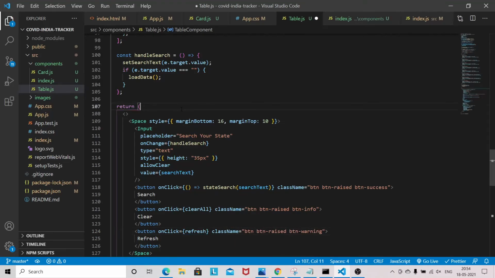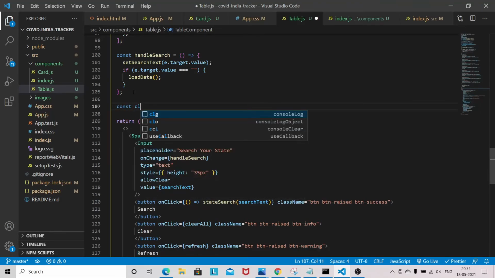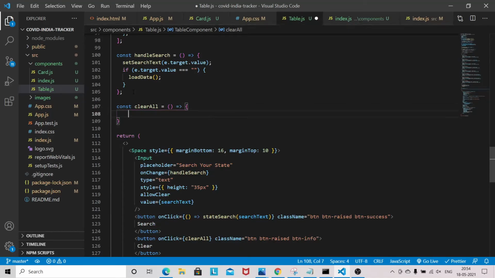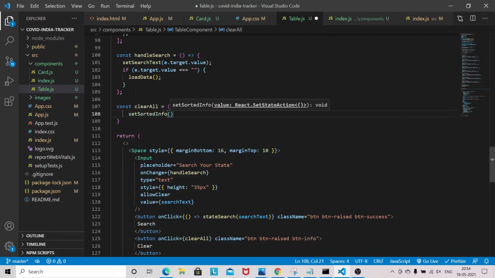So let's define this method itself here. So const clear all, first we'll define the const clear all method. Okay, so we have to just set the state to the initial value.